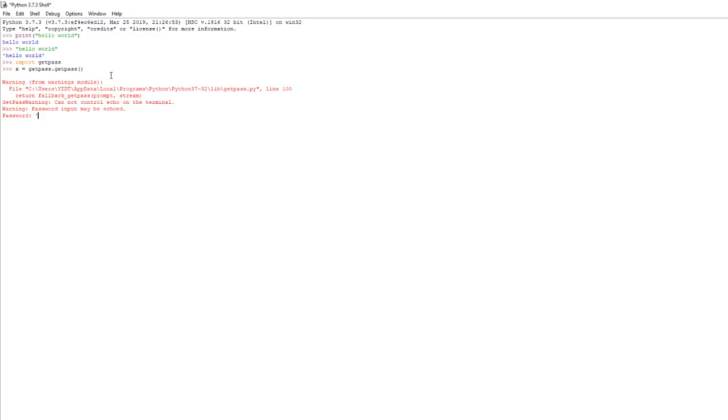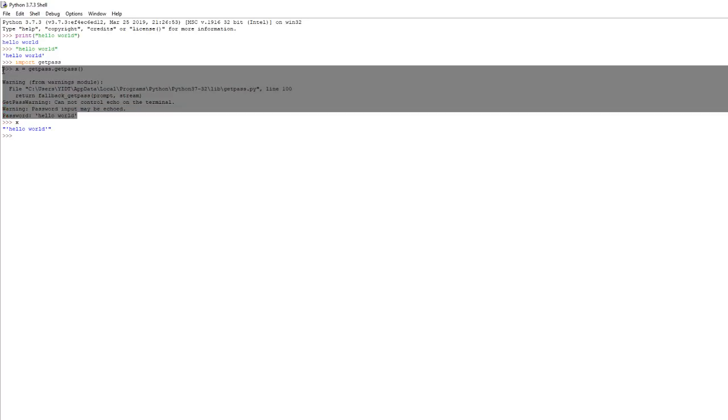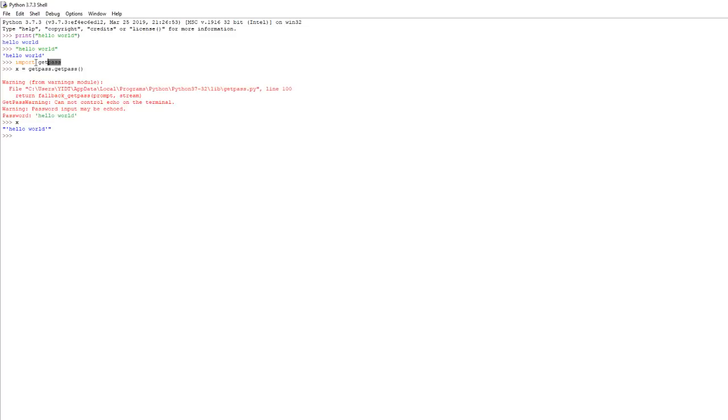If I put hello world as my password, and then I print x, as you can see, it printed this in clear text, right? That's not really what you want, because getpass is supposed to hide your password when you actually print it to the screen. So if I pull back up the interpreter and do the same thing,